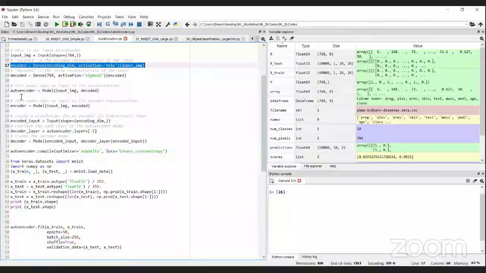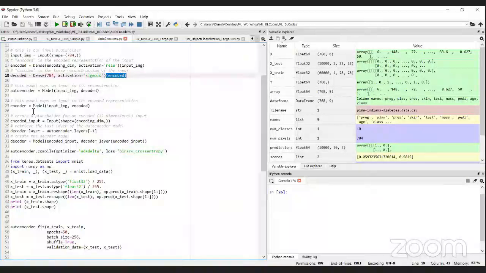In the decoding part, I need to implement the decoder also. That means it's a reverse process. The decoder is again a dense layer, and I need to decode into 784 data points. Activation is sigmoid, and the input for this decoder is the encoded data.